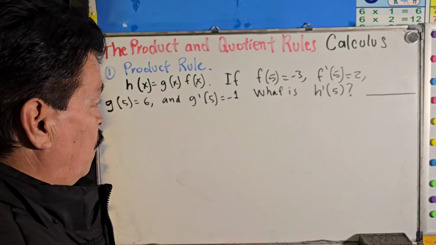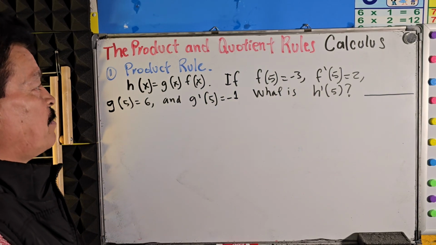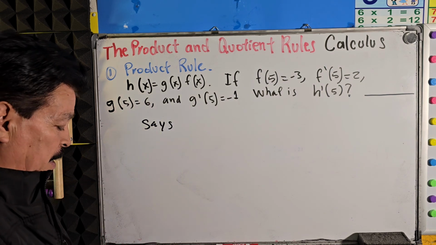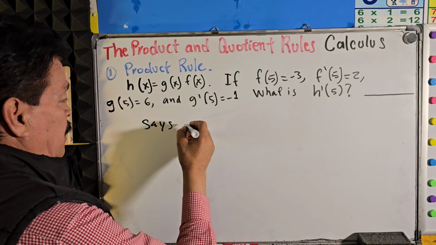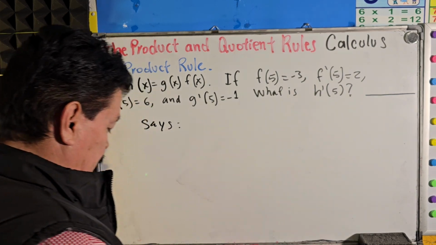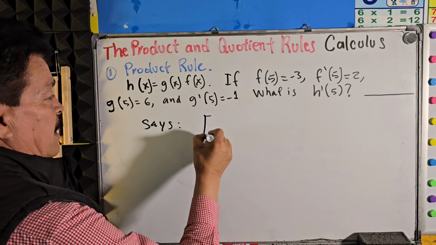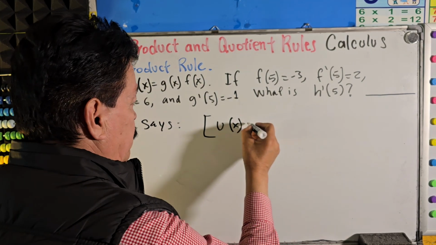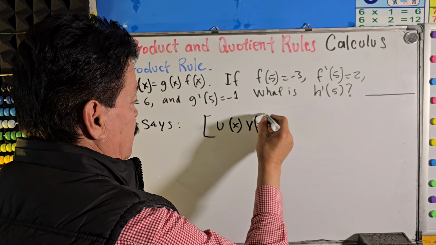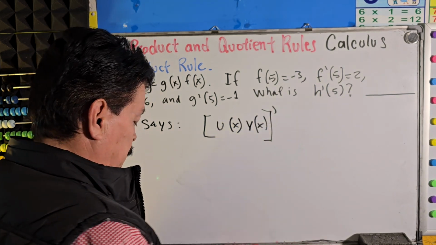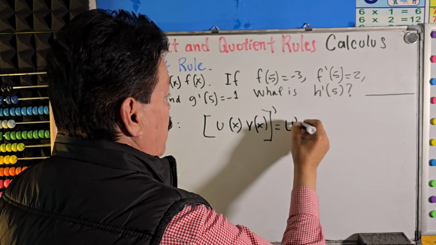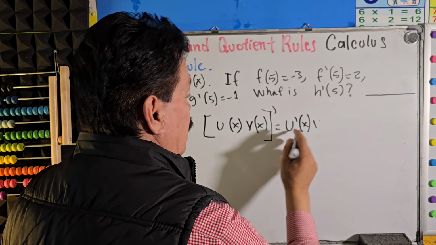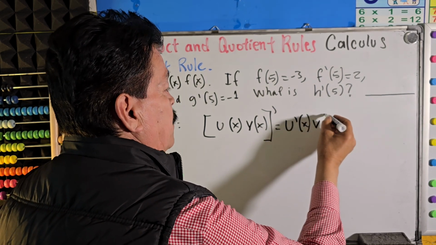That's the question. So first, we have to know what the product rule is. Let me write it right here. The product rule is in this way. We have u of x times v of x, prime. This equals u prime of x times v of x,